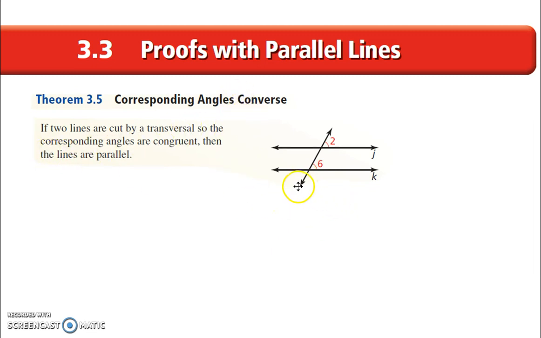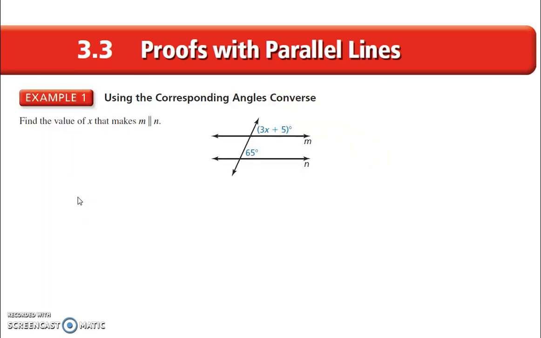Okay, so previously we looked at if two lines are parallel, then the corresponding angles are congruent. Well, the other way around, we can look at it: if two lines are cut by a transversal and the two corresponding angles are congruent, then these lines are parallel. So this time we're proving that they're parallel based on their angles. That was theorem 3-5. So looking at this example here, it says find the value of x that makes these